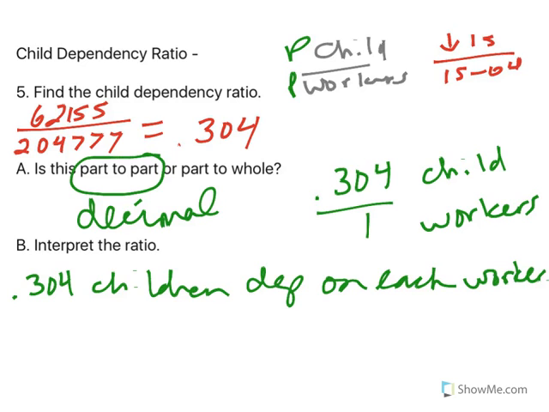And you might say, well, that doesn't make much sense. It's 0.3 of a child. You can't have a part. Well, that's true. If you want to interpret this ratio a little bit better, okay, well, think about